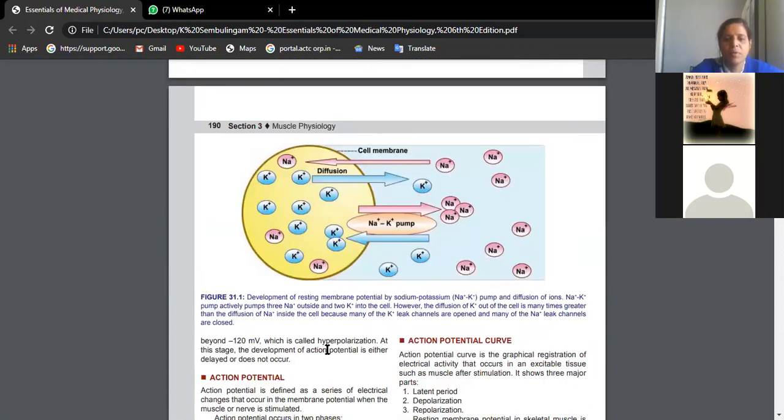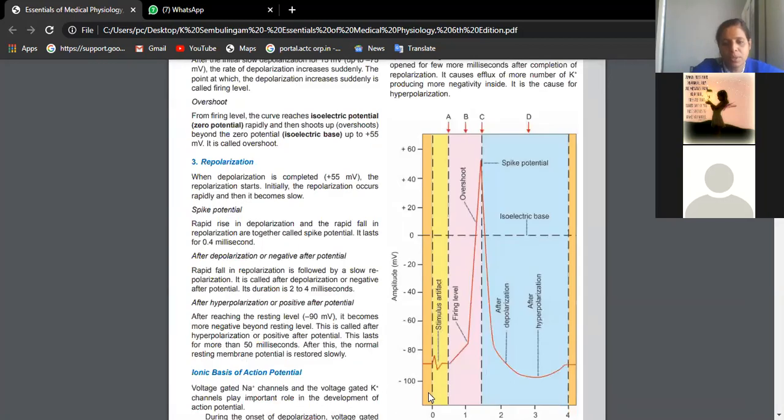For the development of resting membrane potential and action potential, we will see the development of resting membrane potential by the sodium potassium pump. You should talk about whether this is skeletal muscle, cardiac muscle, or a neuron. In all these three areas, you will see this pump actively working to bring about the potential. Resting membrane potential will be followed by action potential, isn't it?